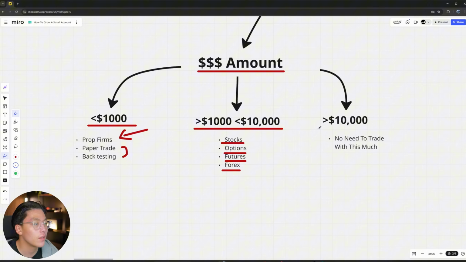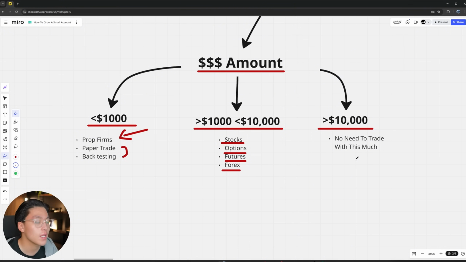And then we have the greater than $10,000 option. So when we're first starting out trading, in my personal opinion, we do not need this much to trade with. So if you're trading with over a $10,000 account and you're a beginner trader, you're probably trading with too much money. The great thing, if you're watching this video and you don't have any money, is that you're actually in